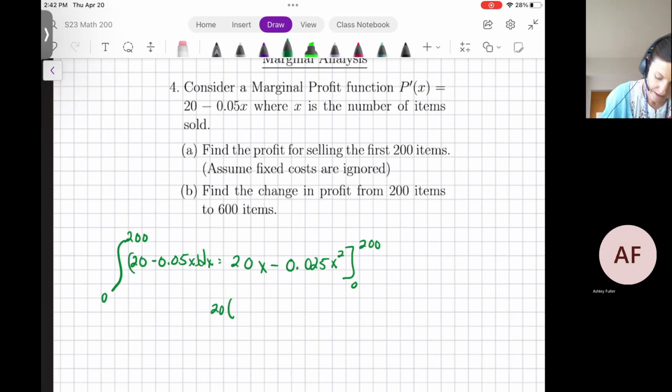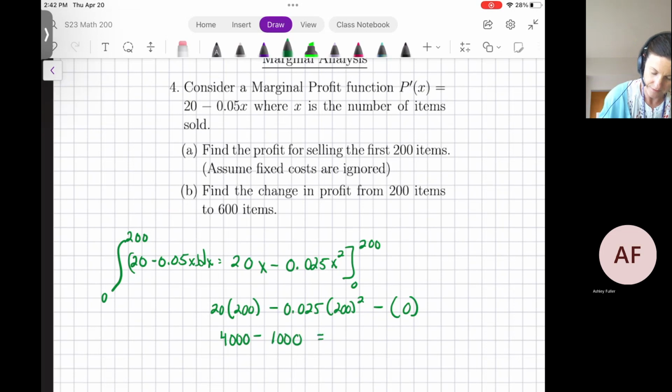This gives us 20 times 200 minus 0.025 times 200 squared minus, notice again, this is going to result in 0. And when we calculate this, we get 4,000 minus 1,000 equals 3,000. This does not take into account any fixed costs, because what we're actually calculating here is the change in profit